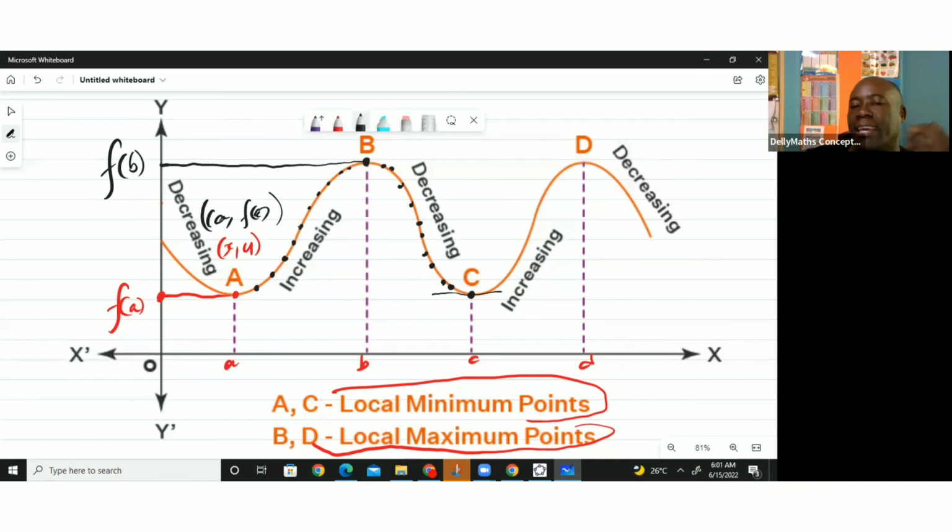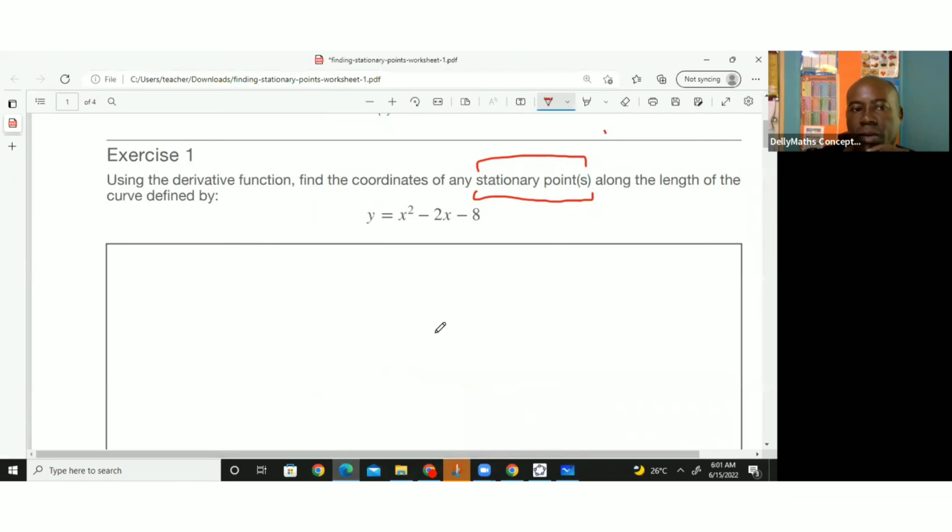So the idea of finding the gradient function and equating it to 0 is what we'll be using to help us as we go towards finding the stationary points, because at the stationary points, the gradient is 0. Let's check this question out. The question says, use